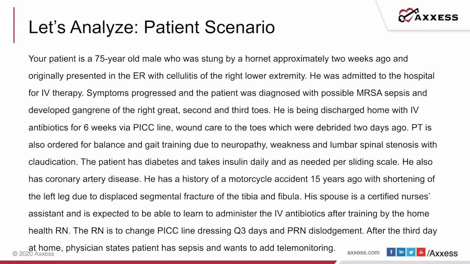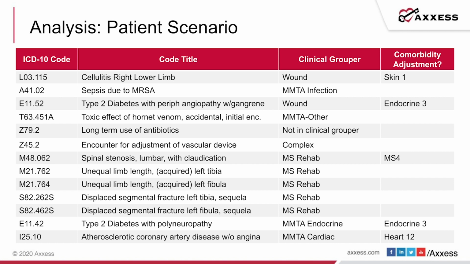I want to go back for a little bit, and we have to really pay attention to how this is worded. The patient was diagnosed with possible MRSA before he left the hospital, and we know in outpatient coding we can't use possible as a true diagnosis. So we wouldn't code the sepsis, except that 3 days later, the physician comes back and says, oh yeah, now he's definitely progressed to sepsis. So he didn't have it at the time of discharge. At the time of discharge and admission to home health, he had cellulitis, and then he developed sepsis for sure 3 days into our home health episode. For those reasons, we've coded cellulitis first,